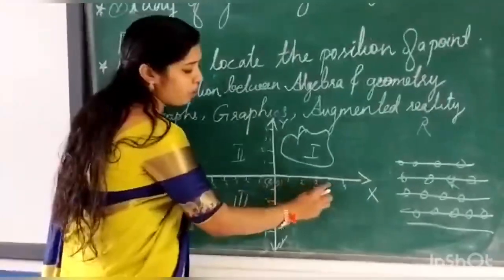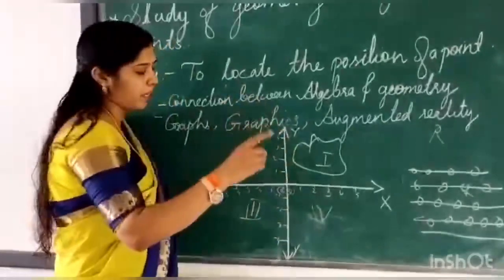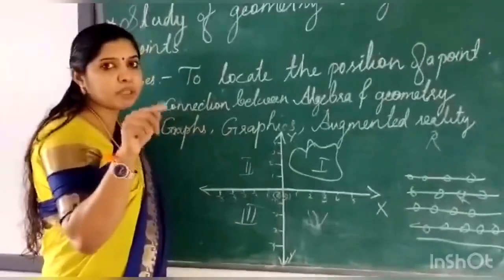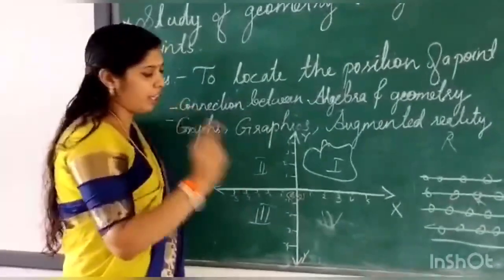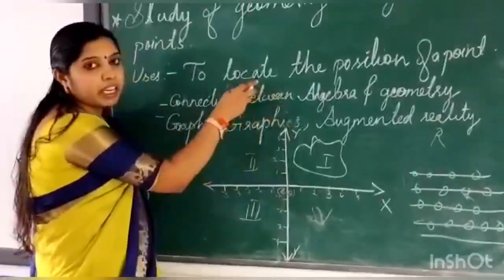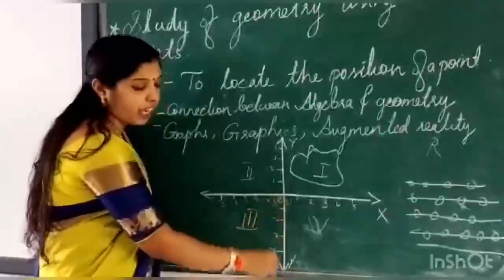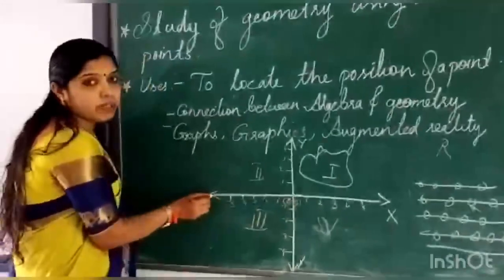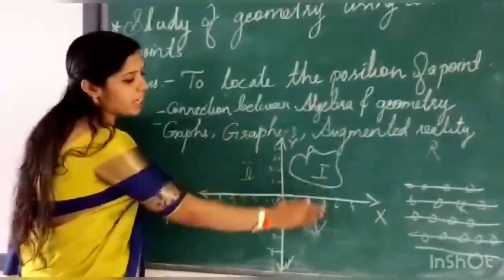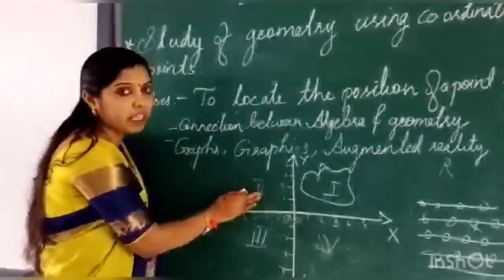From this origin point, if we go to the right side, it will be 1, 2, 3. We will mark each one unit as 1 centimeter in a graph paper. Once it comes to a graph paper, this will be divided into rows and columns with 1 centimeter units. So each 1, 2, 3 we will denote here, and here it will be again 1, 2, 3 in the y-axis direction. If we go down, it will be negative, and once we go left, it will again be in the negative direction of the x-axis. So this makes an XY plane on a graph. This is the basic part, and this you have studied.